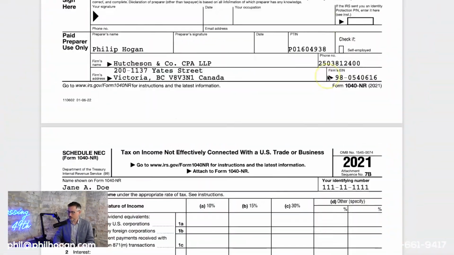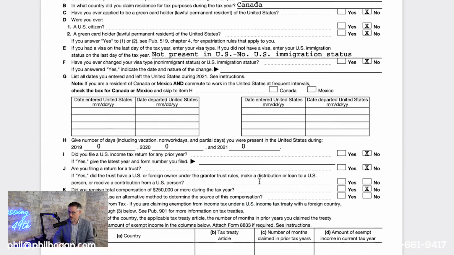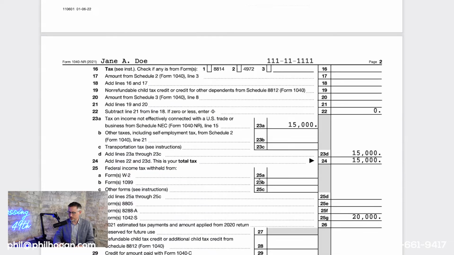So in both cases, you paid the same amount of tax overall, $15,000 to the IRS. It's just the withholding was different. So you send this in, $5,000 with the W-7. Now, once again, you would want to e-file this if possible, because the wait times are really significant for paper file returns, but that might not be an option if you don't have an ITIN already. So $5,000 refund, same thing here, $100,000, 15% tax. And then, of course, Schedule OI. Only difference between these two is the amount of withholdings. On the first one, they under withheld $5,000. On the second one, they over withheld $5,000. Now you receive the refund.